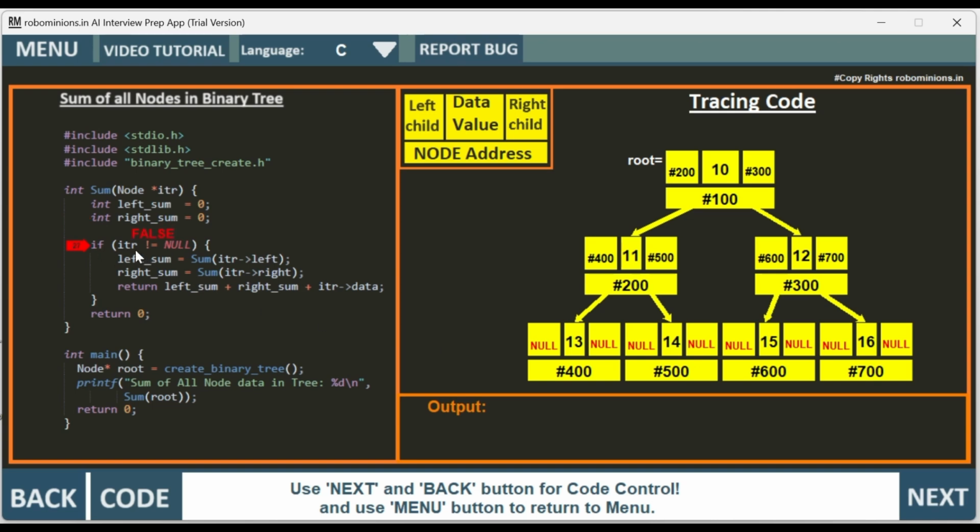Now if null is not equal to null, so null not equal to null is false. This returns 0 to the left sum. So for this node, left sum equal to 0 right now, and right sum equal to, we have ITR right. So what we do is, sorry,